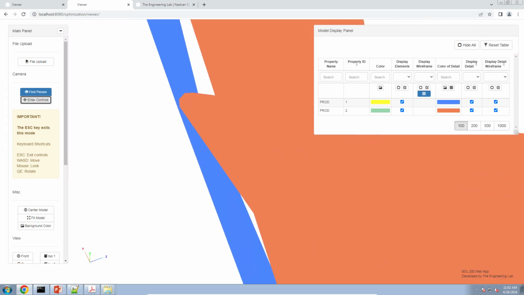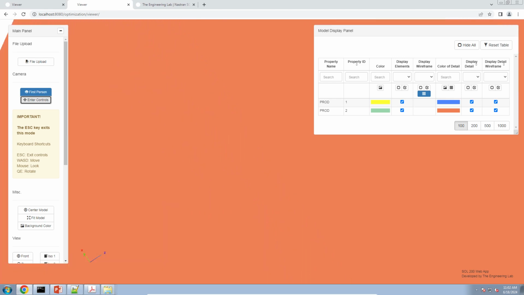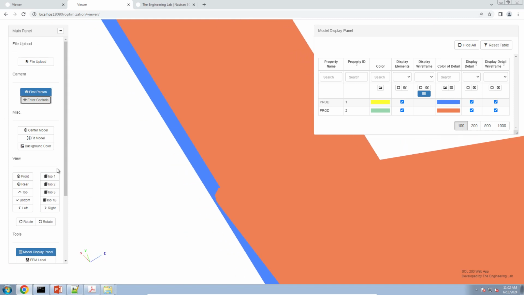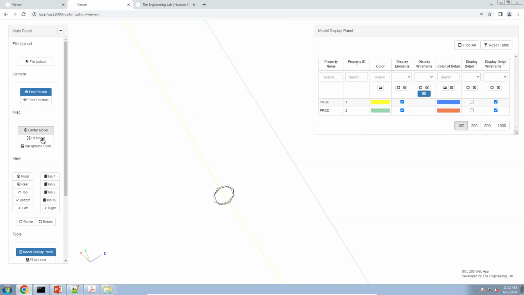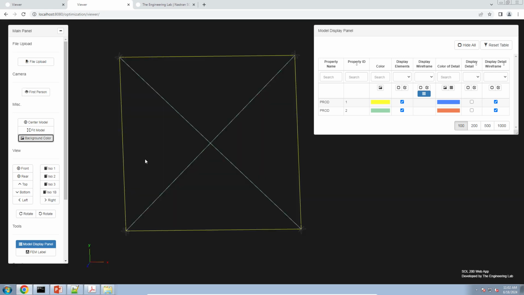If you want to move into a cross section, you can do that here. So let's see if we can do that. I don't know if it's visible here. It might be a little hard actually. I was looking for the lines, but maybe that's a little difficult here. Let me turn off the cross section and zoom out. Sometimes the color of the lines might be hard to differentiate with the white background, so you can click on background color to toggle the color of the background, and now it's easier to differentiate the lines for the CROD